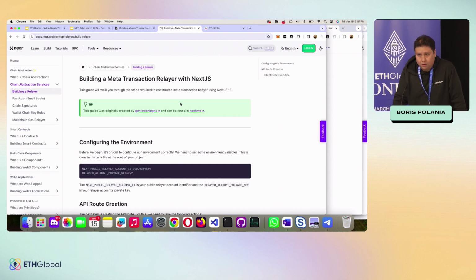Yeah, thank you very much for the talk. I'm a bit curious about account abstraction. How does it work? Especially when I create a Near account, does it create, for instance, an Ethereum address? Sorry, can you repeat it? I have a question regarding when you create a Near account: does it create an Ethereum wallet address and also a Bitcoin address, for instance?